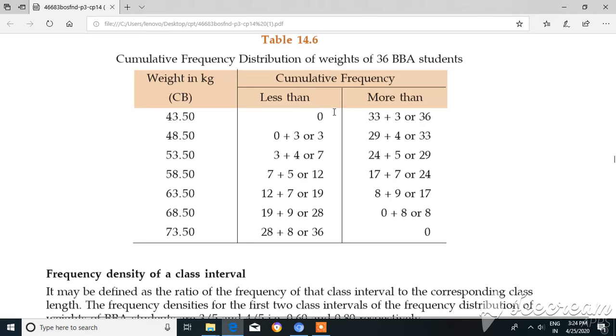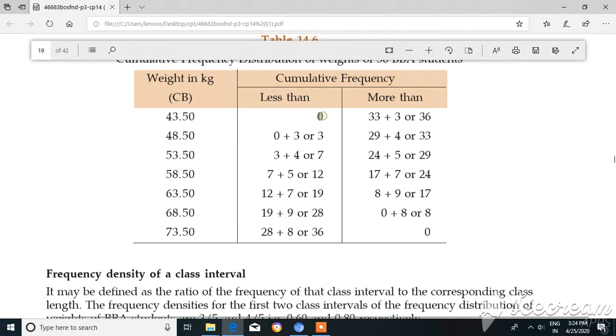So this is less than cumulative and here it is more than cumulative. So what we considered in less than cumulative frequency, we will write...